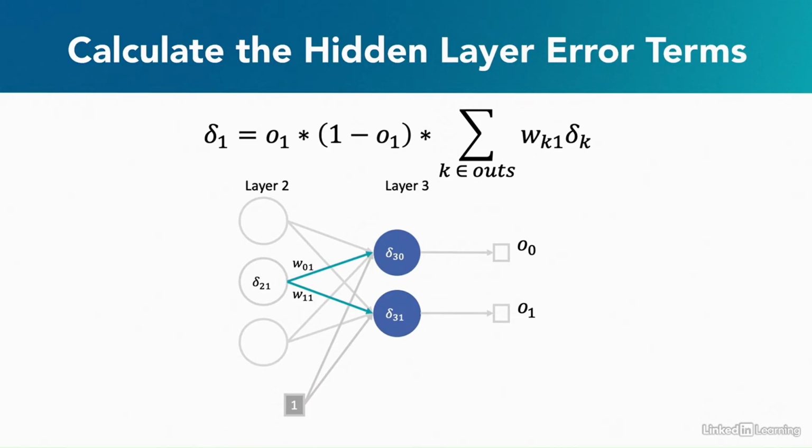To calculate lowercase delta sub 2 1, we'll need the usual derivative of the sigmoid times the weighted sum of the error terms. So these are the products we'll have to add for this neuron. Lowercase delta 3 0, or the error term of the output neuron 0, times W 0 1. That is the input weight 1 of this output neuron. We'll